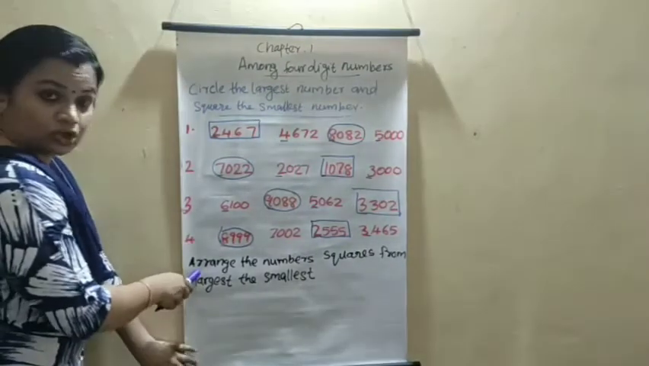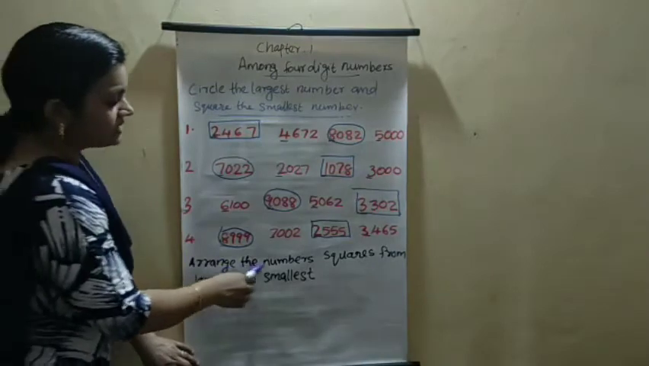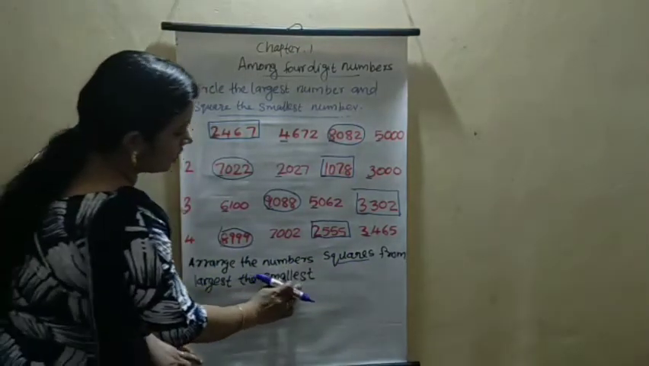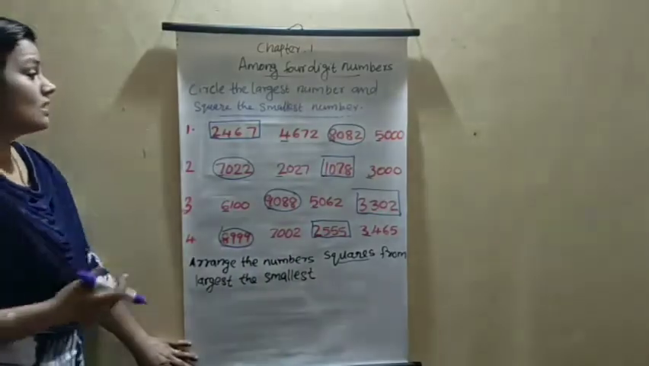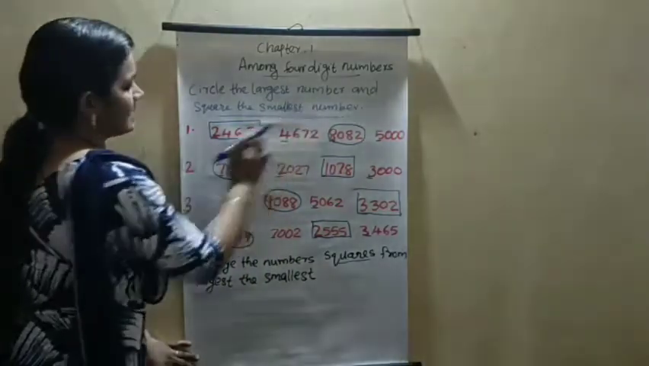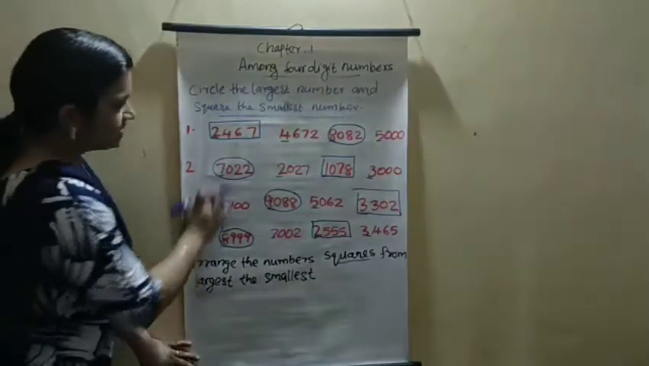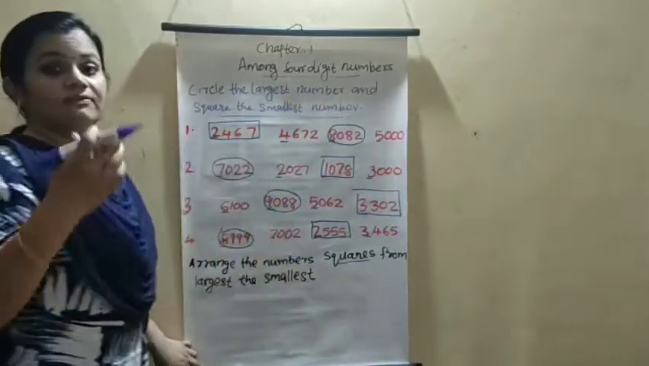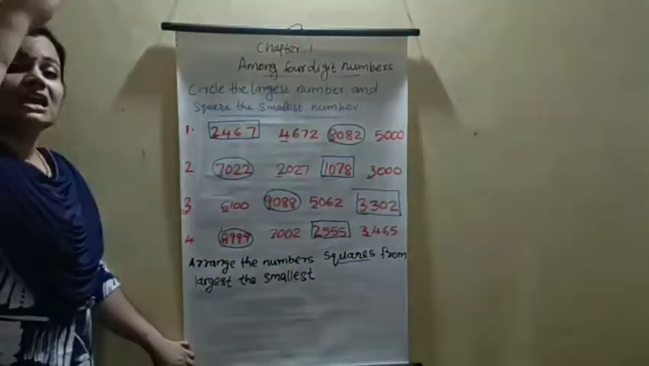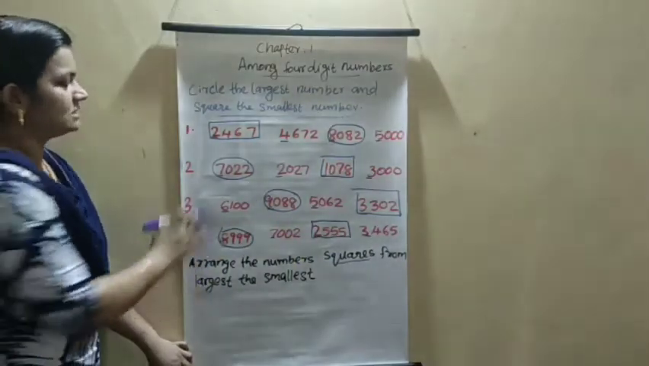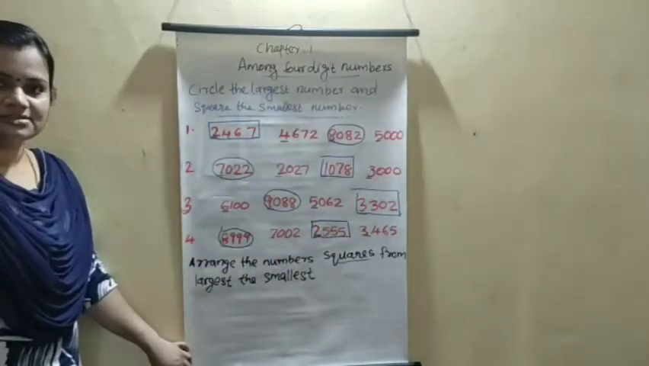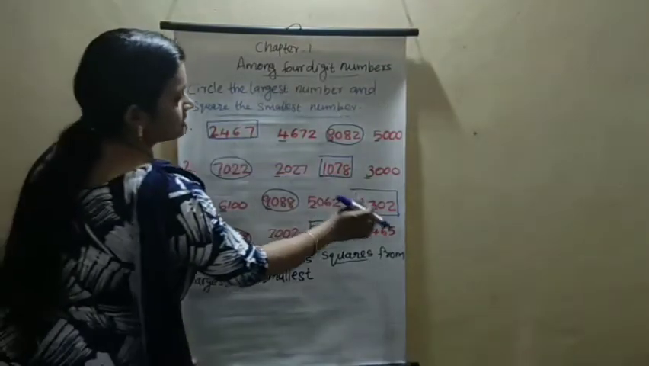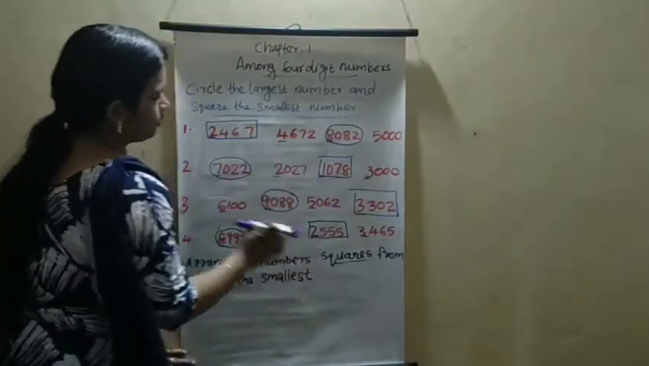Then one more question is here. Arrange the squared numbers from largest to smallest. We made squares on the smallest numbers, so we can arrange these squared numbers from largest to smallest. Can you write the largest to the smallest numbers in the squares? First of all, check the squares. How many numbers are there? 4 numbers. You read this: